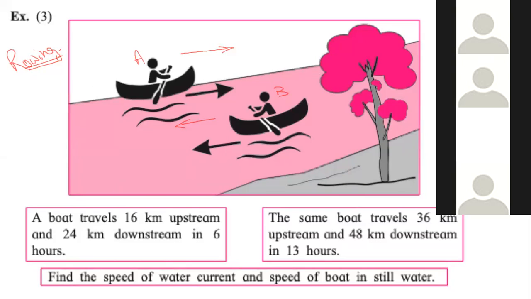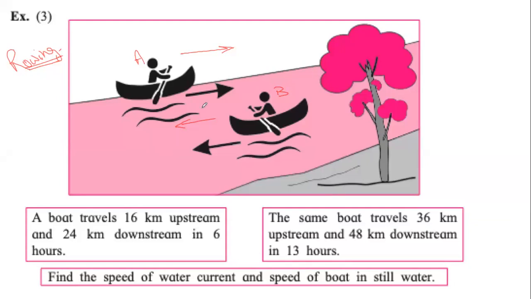Now just look at the picture, and now you will understand the picture even better, right? It's not left, right, right, left. There is something else happening. Tell me who is moving faster, who is rowing faster, who will be moving at a much faster speed. Make a guess. Person B looks like person B is moving faster, and the simple reason is, if you see, the river is slanting. The river is sloping towards the left hand side. Now this slope, this direction of the slope, is called downstream.